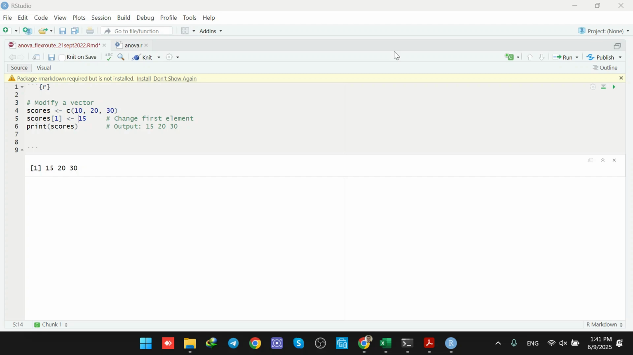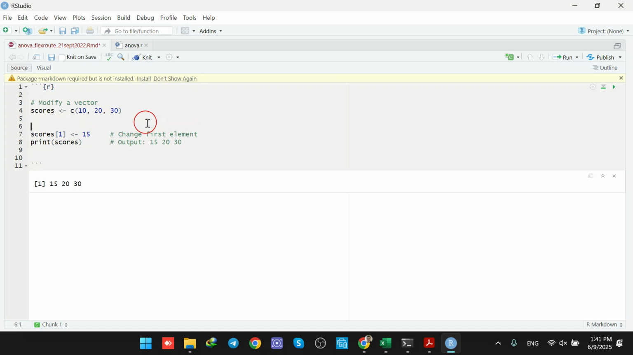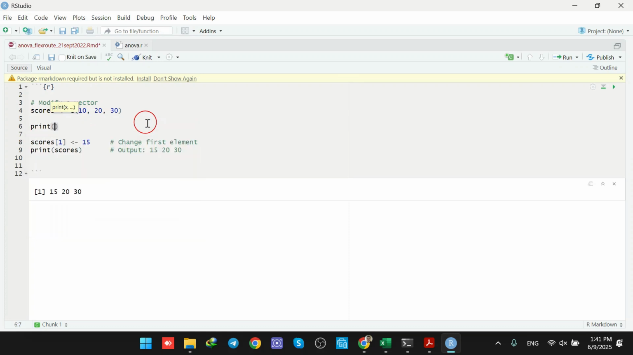Hello everybody, and welcome to this video. In today's video, we are willing to write a program that modifies one element of a vector. So first of all, we are having our vector called scores. And then these are the elements of this vector, 10, 20, and 30, that are assigned to a vector called scores, okay? So first of all, I'm going to print scores